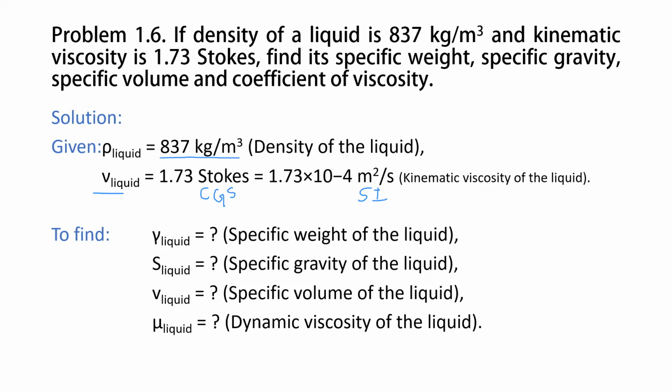Next, dynamic viscosity of the liquid. So dynamic viscosity mu, mu also you need to find out, because nu is given. We know that nu is equal to mu by rho. That equation we know already. Okay. So please use that equation. What is that equation? Kinematic viscosity nu is equal to mu by rho. Using that equation, you have rho, you have nu, find out mu. Mu is equal to nu into rho. So using this equation, you can find out the dynamic viscosity of the liquid. So this is what they have given.